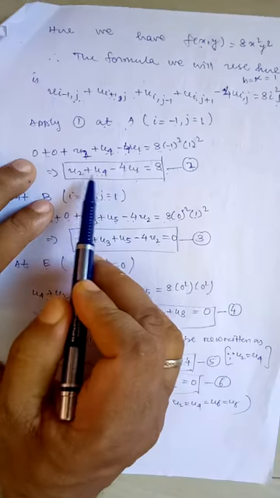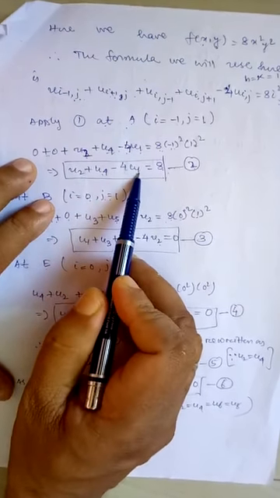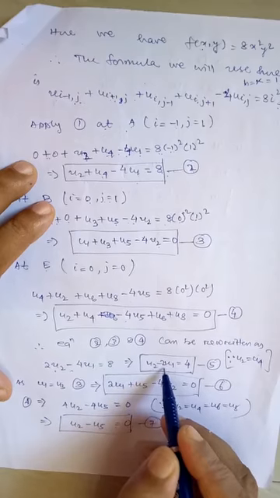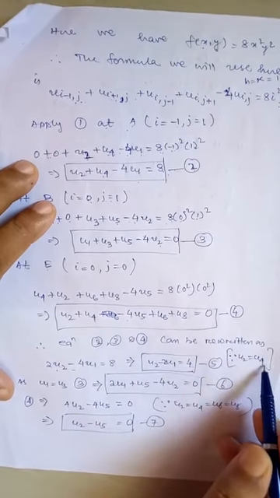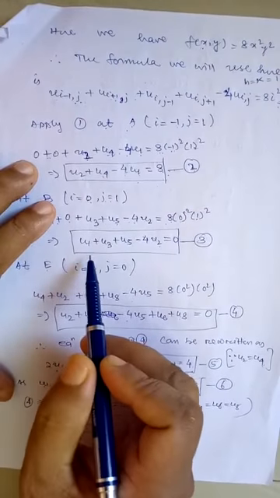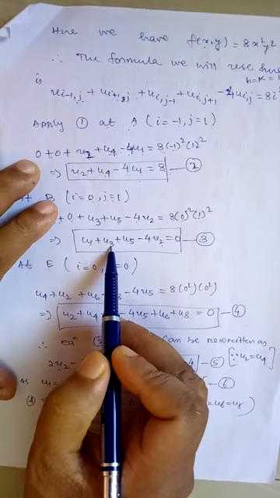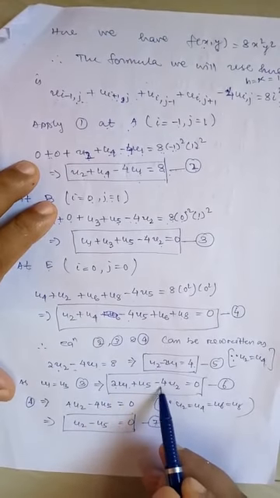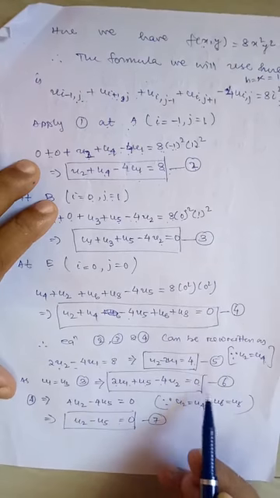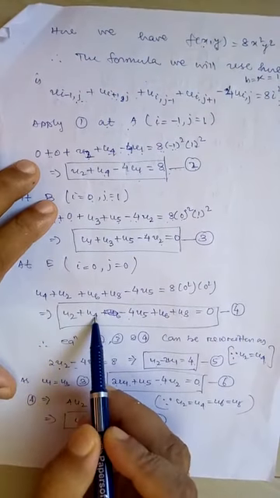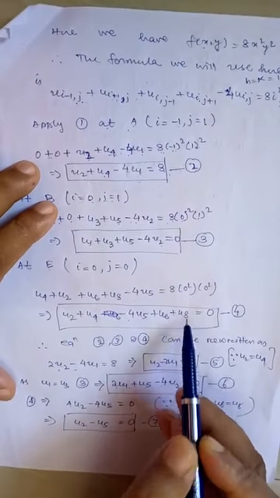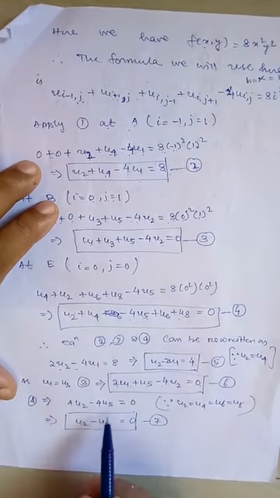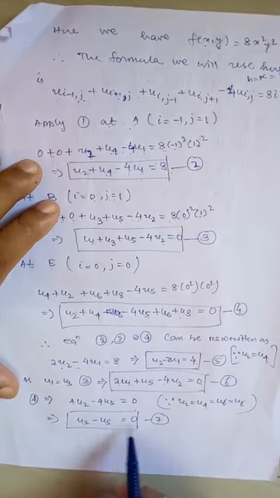So from the equations 2, 3 and 4 we can rewrite it as, you see, u2 equal to u4. So this will be 2u2 minus 4u1, and that will give you u2 minus 2u1 equal to 4, since u2 equal to u4. Similarly in equation 3 you see u1 is equal to u3. So we will have 2u1 plus u5 minus 4u2 equal to 0. And similarly in the fourth equation u2 equal to u4 equal to u6 equal to u8. So total will be 4u2 minus 4u5, that will be nothing but u2 minus u5 equal to 0.